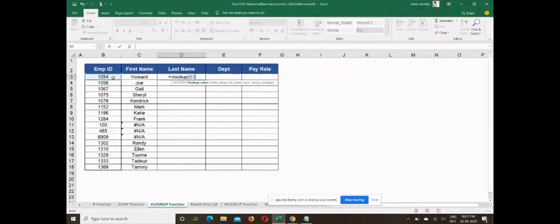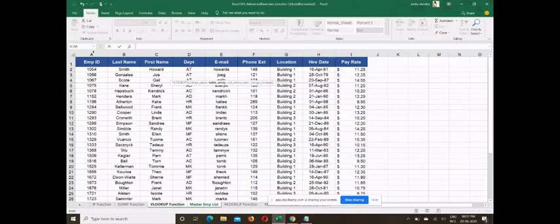Okay, the table array: we have to go to the next sheet. The first column is nothing but the column which has the constant. So in this case it should always be in the A column.